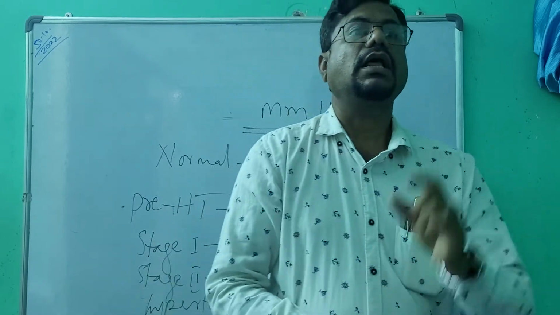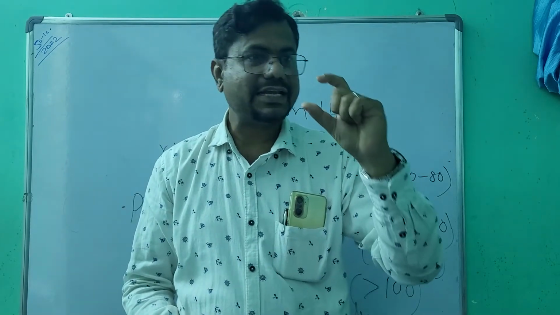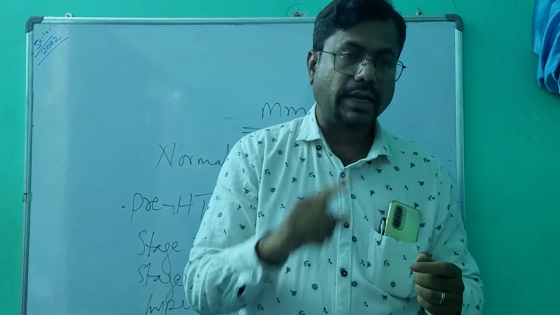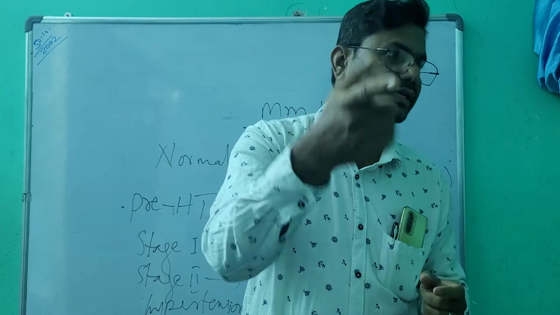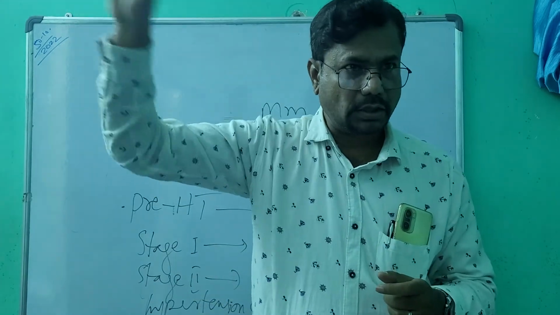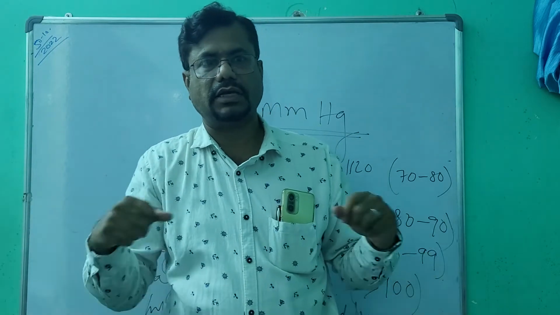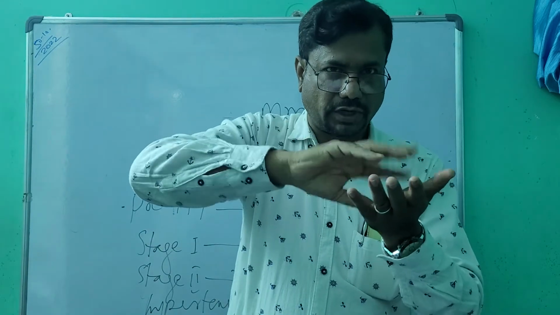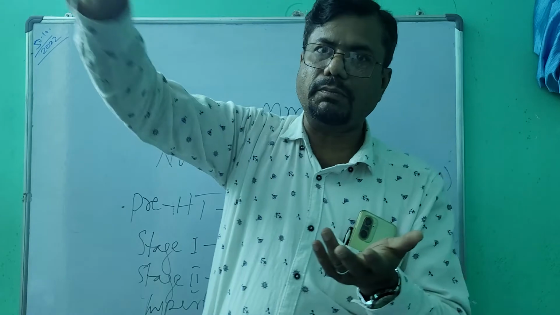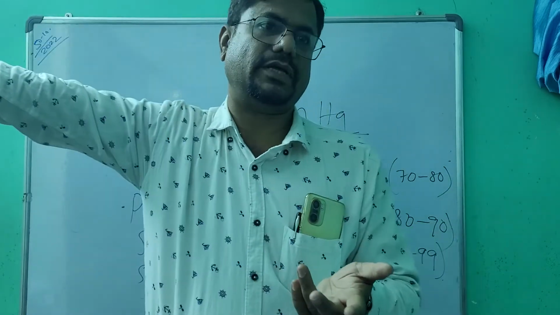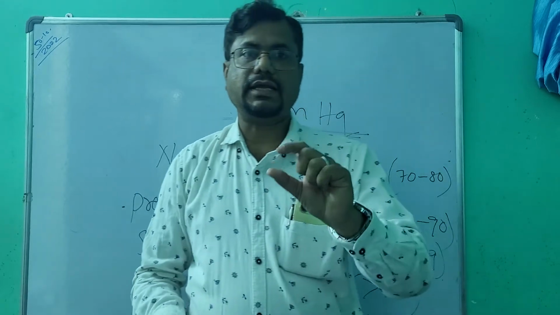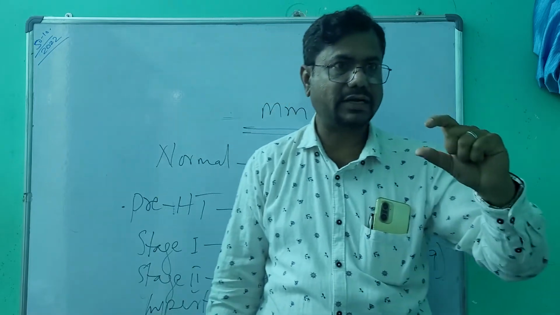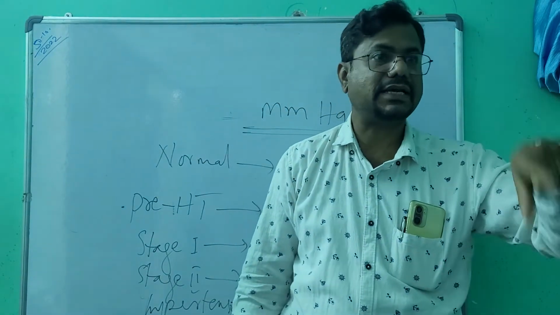If you know the basics, a hormone is one which is released from an endocrine gland, right? We all know that. And the hormone never works on the area where it is released, because it is circulating in the blood. It's a ductless gland, right? There is no duct for an endocrine gland. So without a duct, the secretion, whatever is released, goes directly into the blood. From the blood, it goes to the target site. There the action will happen. That is a hormone. Renin is released from the juxtaglomerular cells of the afferent arteriole which is present in the nephron,